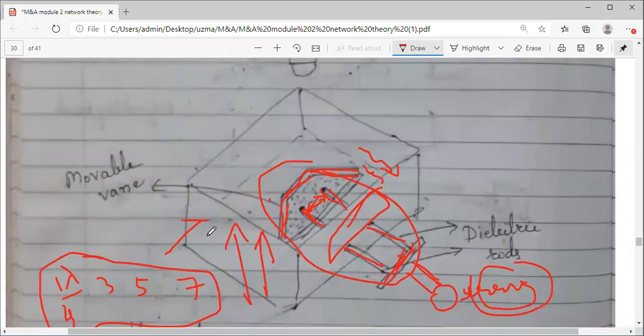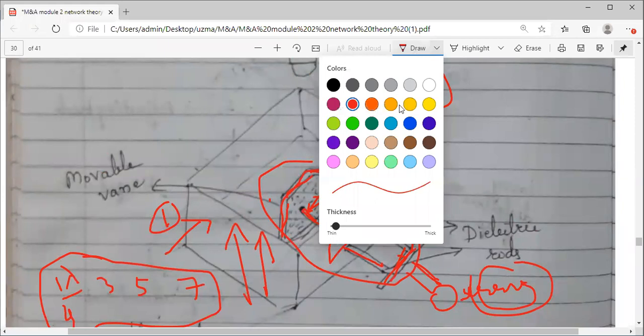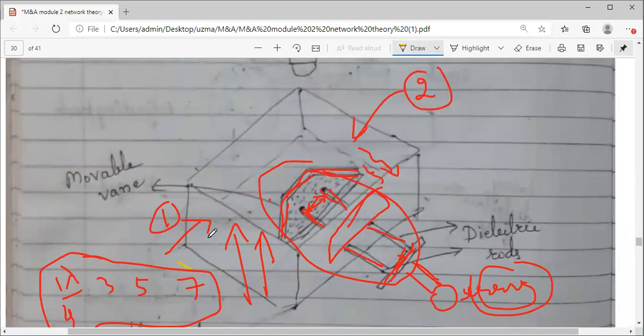Assume this is your one port. Assume this is your second port, and a wave is traveling through this waveguide, something like this. If you keep this movable vane at the center, maximum attenuation occurs.